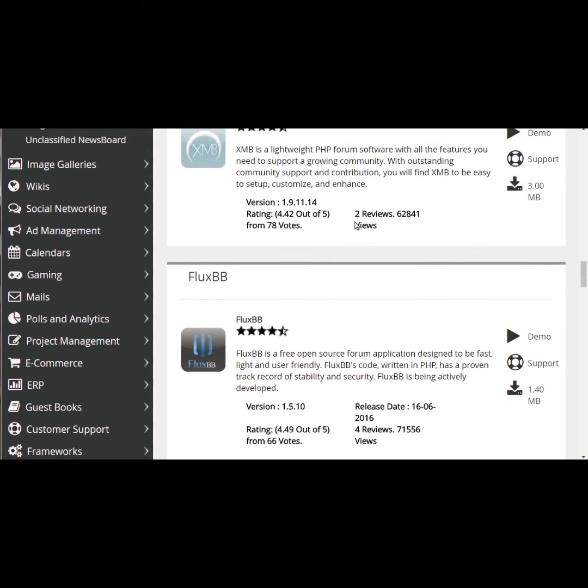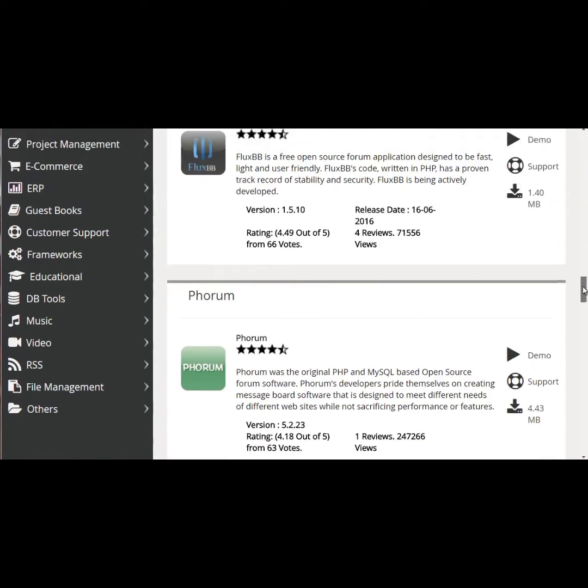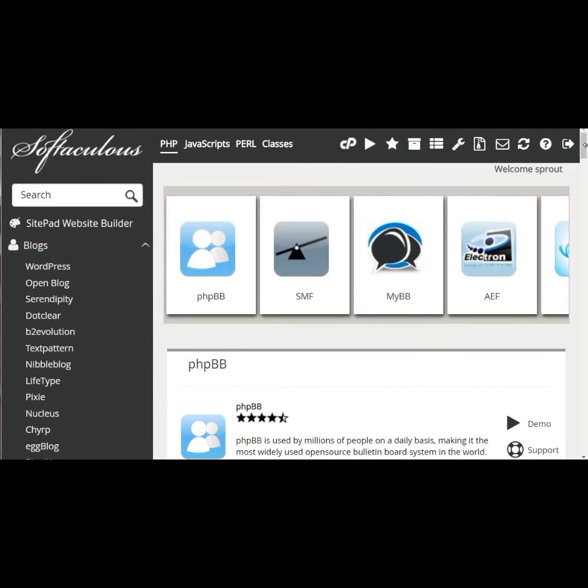And we have image galleries. Now keep in mind, if you're installing something like WordPress, you don't really need all of these. You can actually create all of these within WordPress by using WordPress plugins. And then we have wikis, social networking, calendars, analytics, e-commerce. So there are tons and tons of stuff in here, but at the end of the day, the best way